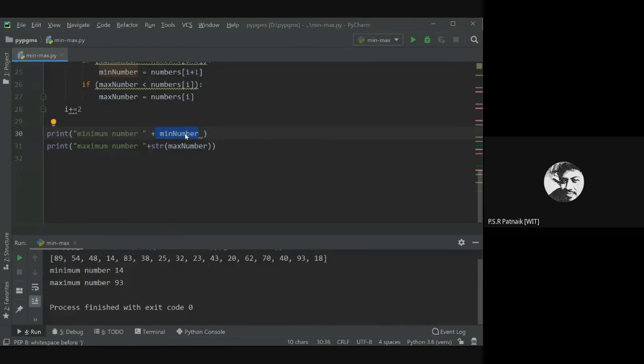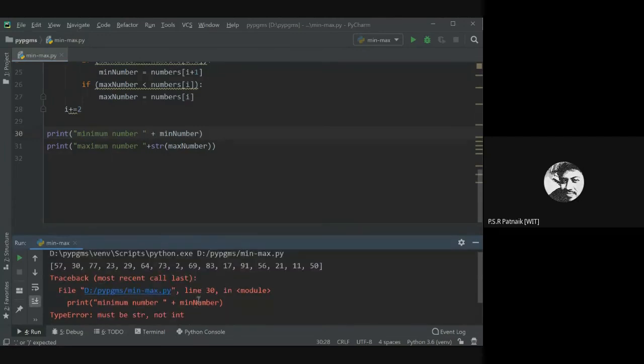If I want to use it for concatenation, it says convert this into string. So a good way to convert any data type value into string is to use str. You can use a comma as well. If I make it a comma, then it becomes multiple arguments. Generally, when I want to print a string, I always prefer to use plus here. So just check what you will get if I just miss it. You should get some error here. It says type must be str, not integer. It cannot concatenate here. I prefer this because I always like to retain Java-like syntax. In Java, we do similar string concatenation. So if you are fine with comma, you are also fine.